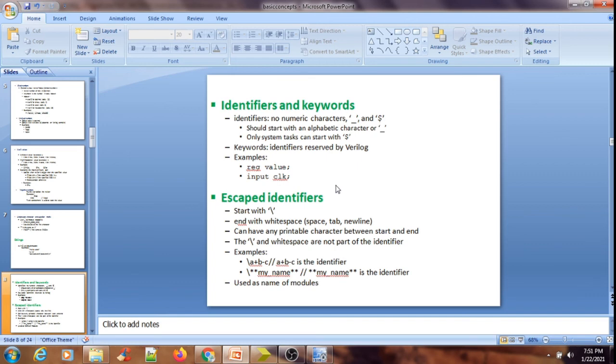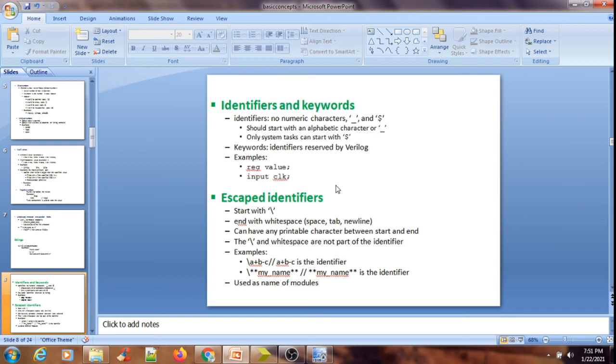So identifiers are the names given to an object so that they can be referred to in the design. And coming to keywords, what are keywords? These are special identifiers reserved to define the language construct.